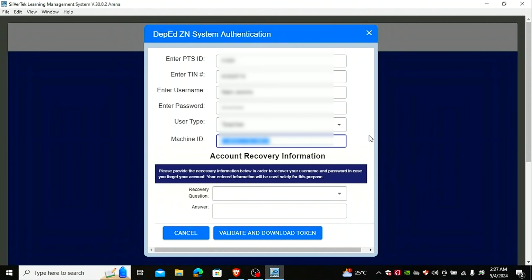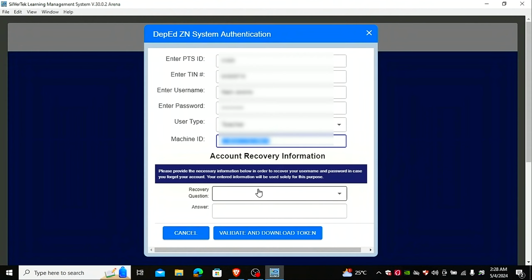It will be automatically generated by this program Silvertech to detect and create a machine ID of your laptop or computer. And then it says here, please provide the necessary information below in order to recover your username and password in case you forgot your account. Your entered information will be used solely for this purpose.